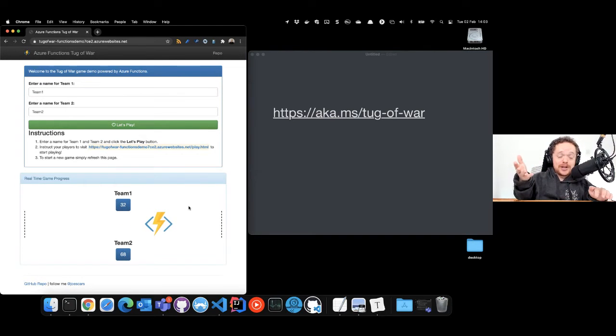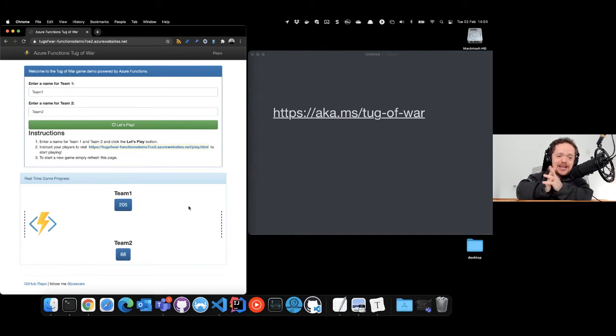I'm going to beat you. Pick up the momentum, team 1. Oh, okay, someone's really vehemently clicking there on team 1. Oh, no, okay. Team 2, someone pick up the pace for team 2. We really need to get this going. Team 1 is winning. And this is all done serverless, all using storage accounts also. I think that team 1 is going to win, and well done, team 1.